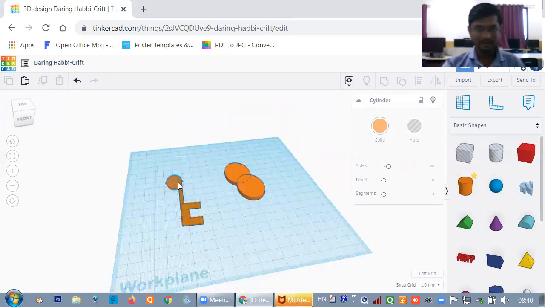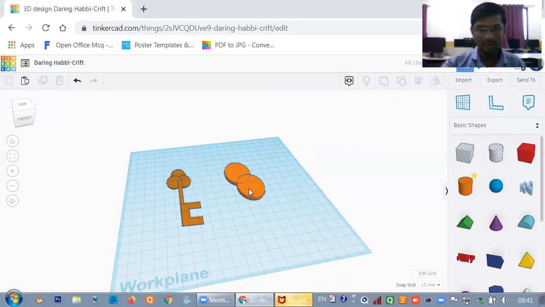You can duplicate these same things. Make it a duplicate, and again duplicate it. Adjust it here with the help of the four arrow keys. Now I will delete these two cylindrical shapes.